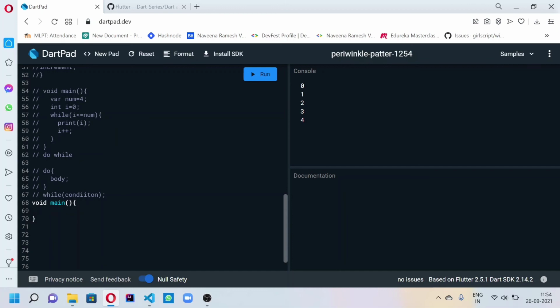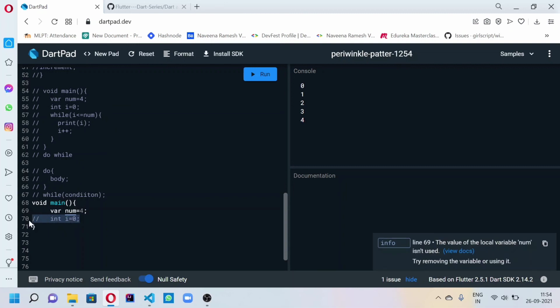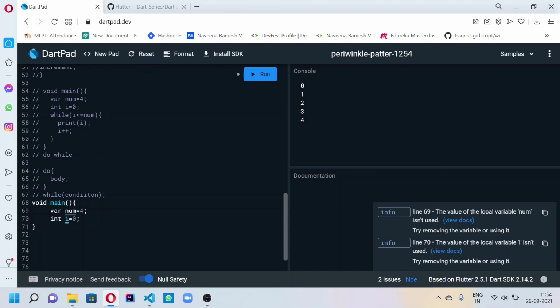We'll give the same one. Now we give for do while: it will print i.